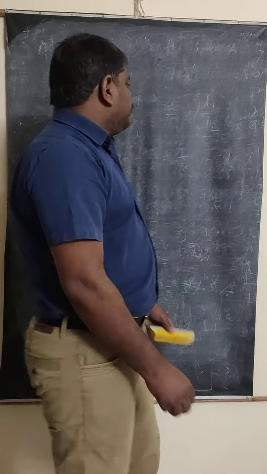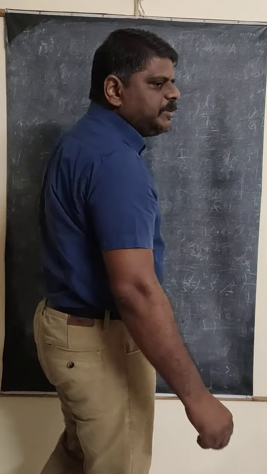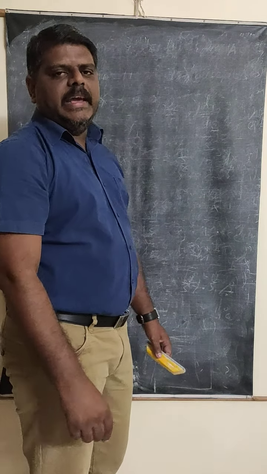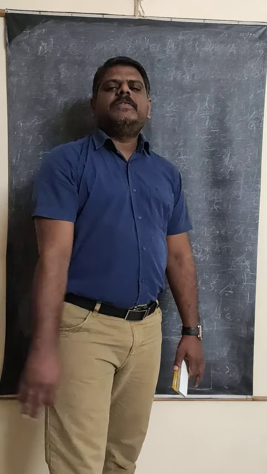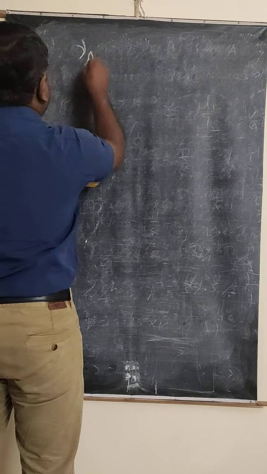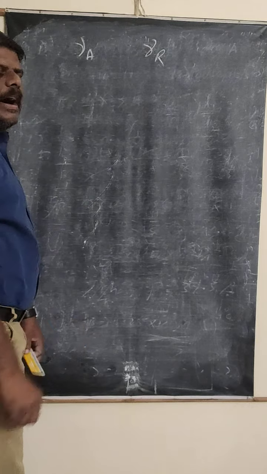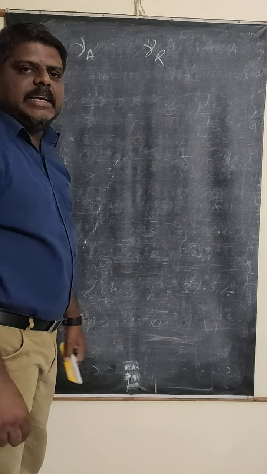Before that, briefly I am going to explain all the formulas once again, which are useful to solve the problems. In the case of liquids, there is no linear expansion and area expansion because there is no particular shape for liquids, and liquids have only the volume coefficient of expansion. That volume coefficient of expansion is again classified into two types because the liquids are not heated directly. The two types are gamma A, the coefficient of apparent expansion, and gamma R, the coefficient of real expansion.